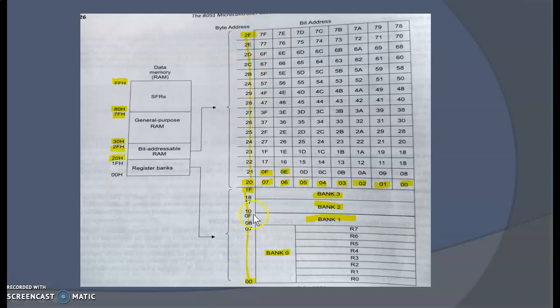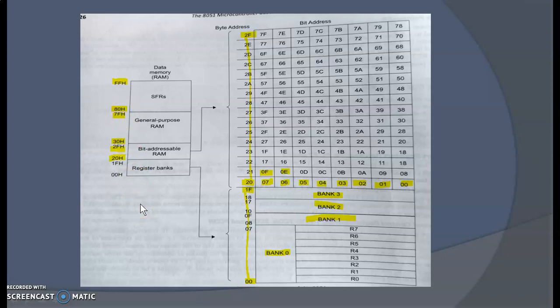Okay, out of these memory locations, we have the major divisions are register banks, bit addressable RAM, then general purpose RAM and SFR. So only these 128 memory locations from 00 to 7F are available for the user to store the data, whereas the other 128 memory locations are for special function registers.